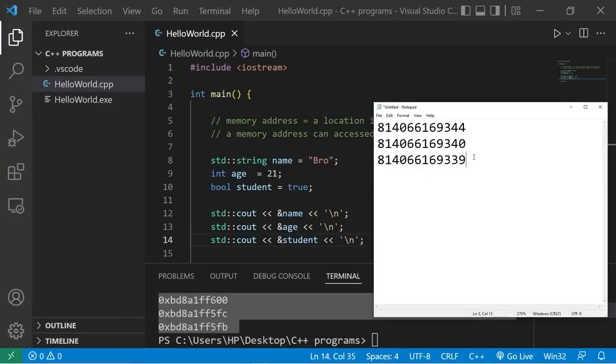They're like house numbers. Different data types take up more or less room than other data types. If we look at the distance between my name variable and age, that has a gap of 4 memory addresses, but the gap between my age and student variables is only 1, because booleans only take up 1 byte of memory. That's one of the reasons we use data types. We need to know how much memory we need to allocate to fit a certain value. If we're working with